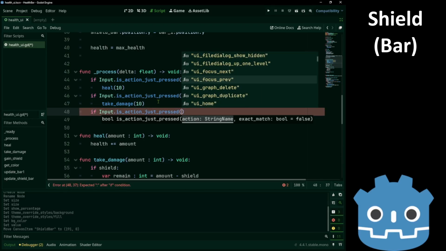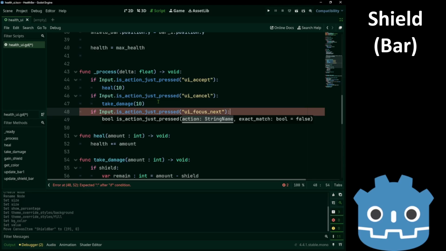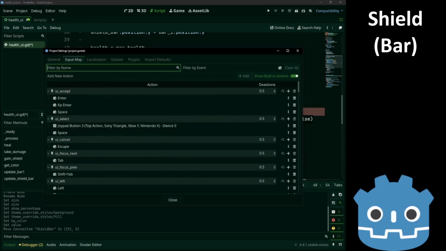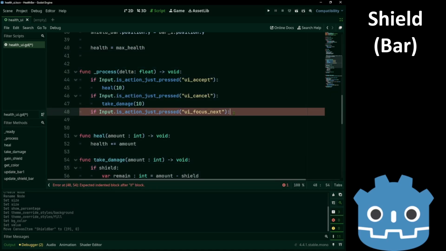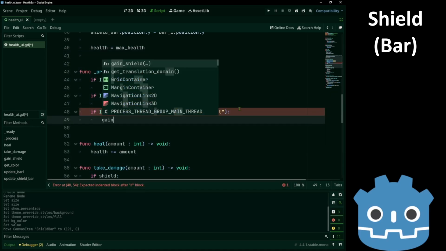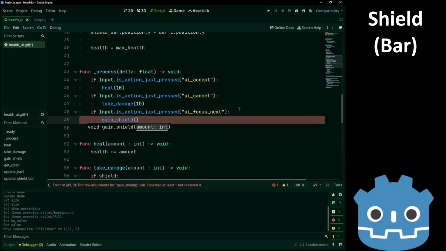Let's pick the tab button. This is the tab. Gain shield 10.